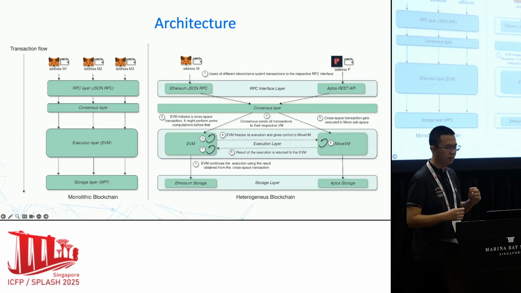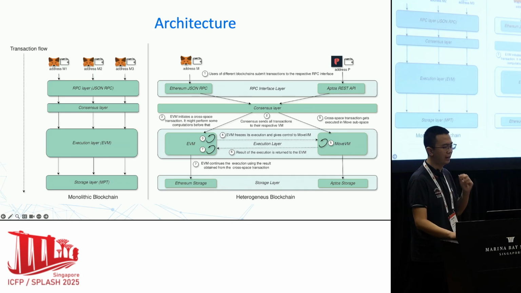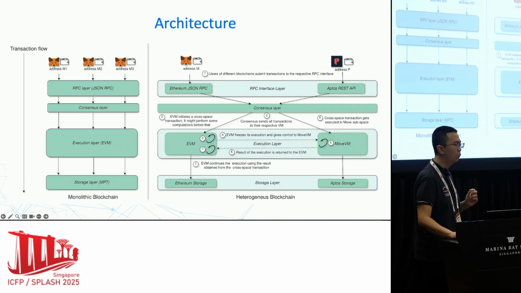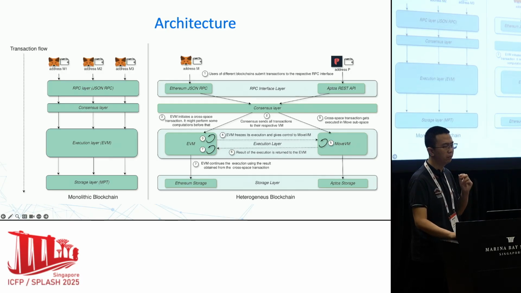And in the execution step, the execution module dispatches the transactions to different virtual machines according to their transaction types, and the virtual machines update the storage accordingly. But here, what we want is not only to put multiple virtual machines in one blockchain framework. What we want is also interoperability. We want transactions, no matter in which virtual machine, to have the ability to execute contracts in both virtual machines, to cross virtual machines in one transaction.